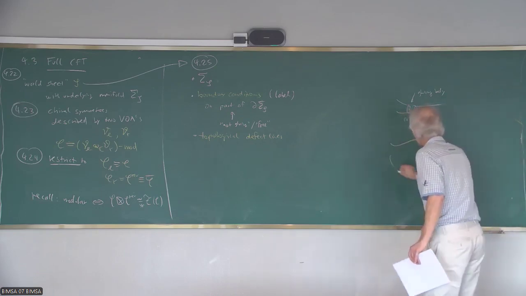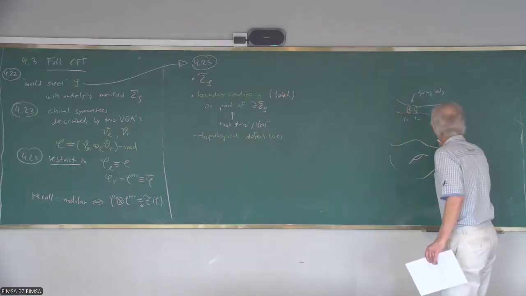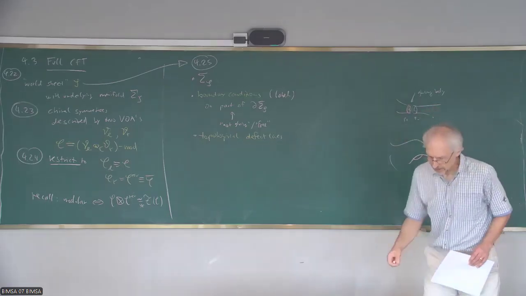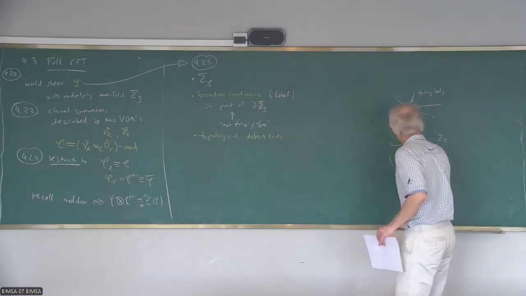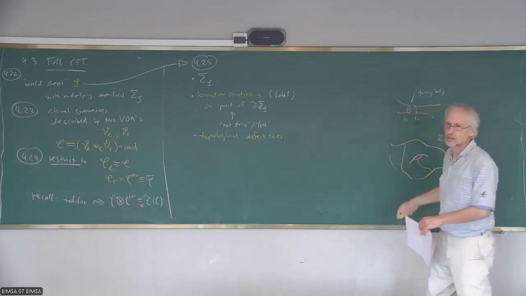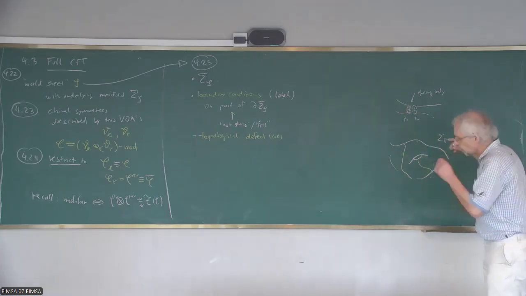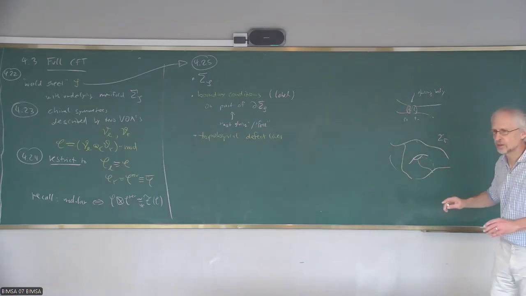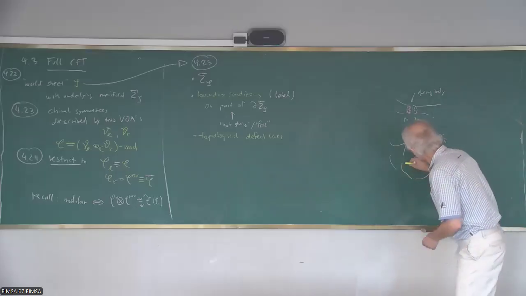And on my geometric surface Sigma, I am now allowed to have such lines, and topological means that the correlator, the specific element I'm talking about, will actually not depend on